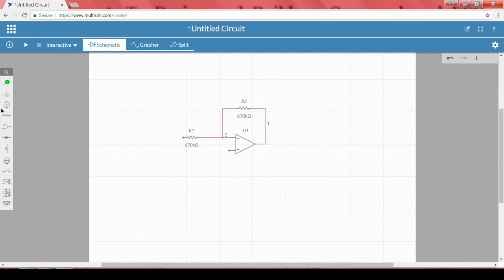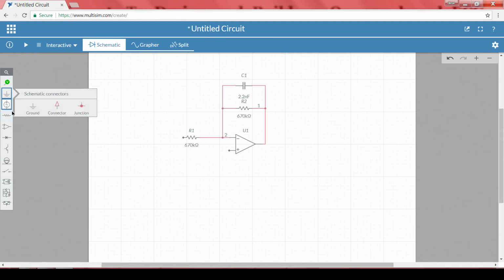Then what is the other one? We also have to connect a capacitor across R2. So, I will take a capacitor. What is the capacitor that we have used in our theoretical designs? We have used 2.2 nanofarads. So, I will go with 2.2 nanofarads, and 2.2 nanofarads is available in the market too, right.